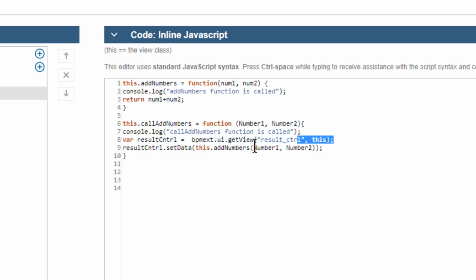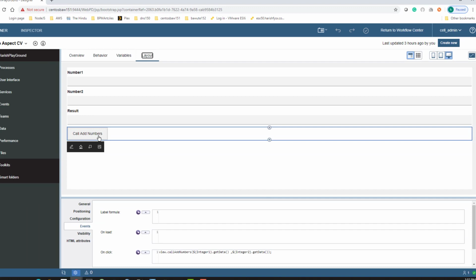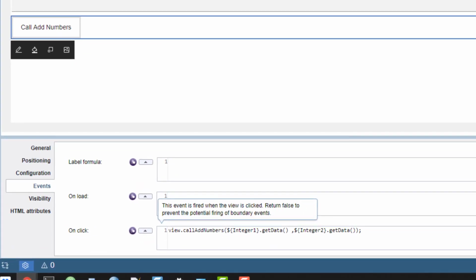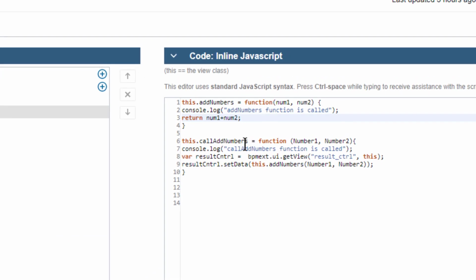It gets that control, and then it calls this dot add numbers. This is another function, which actually does the calculation. So simple. When I click on call add numbers, this will call a function with these two arguments, and call add numbers will again call add numbers, which does the addition and returns the result, and that result will be set on the result